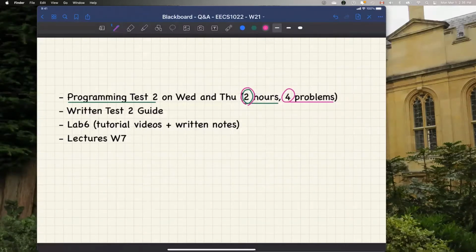And of course, OO is not going to be covered in your programming test 2. Some of you actually asked in the forum, and I just want to clarify once more: for your programming test 2, it's only about loops and array. Okay, only